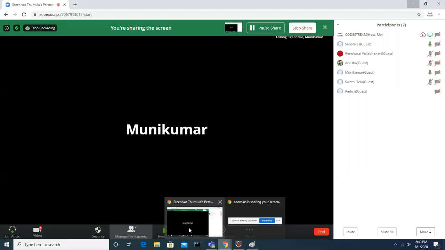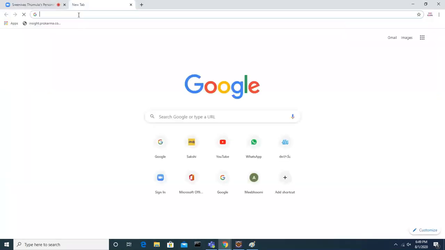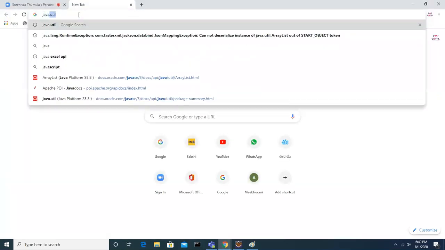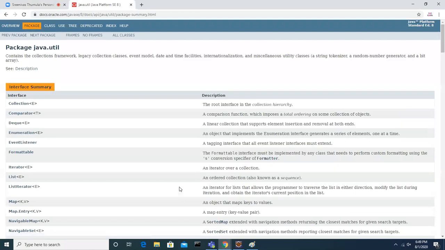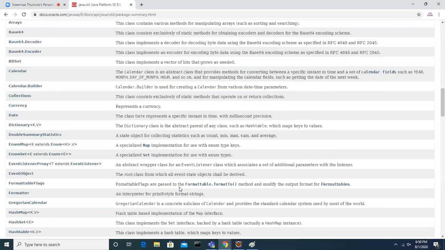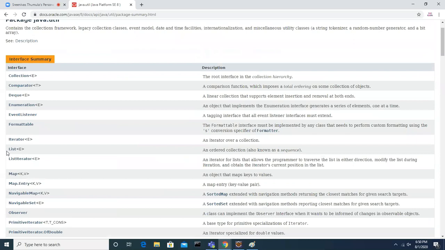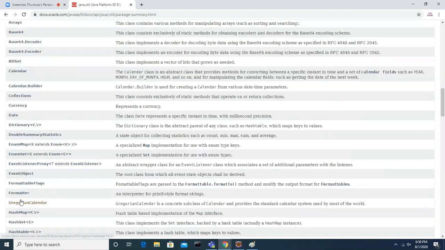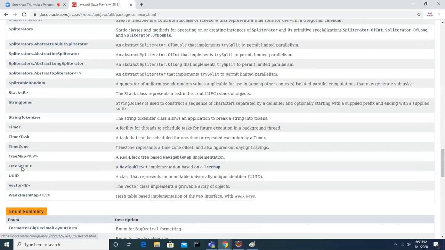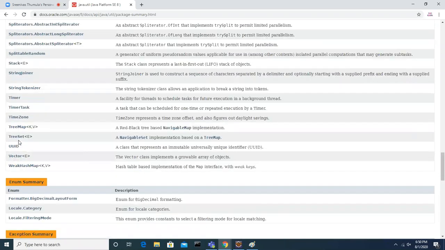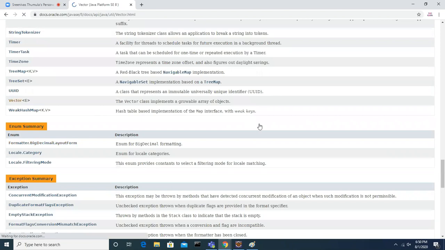Okay, so let me show you the API first of all. Java dot util, where is vector? Yeah, this is a vector, guys.